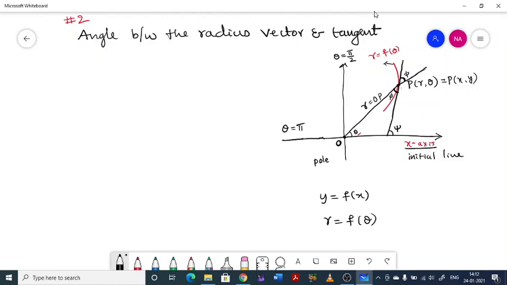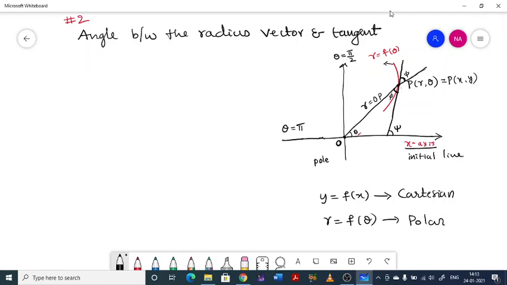Here the curve is represented with the help of Cartesian coordinates. Any curve written in this form is called a Cartesian curve. If the curve is represented with the parameters r and theta, then it is called a polar curve. So there is nothing special in polar curves. It is the same as a usual curve, but written in terms of the parameters r and theta. That is the only difference.